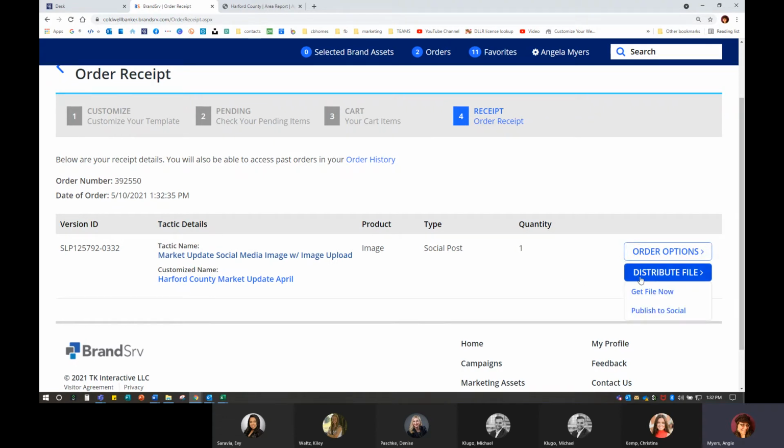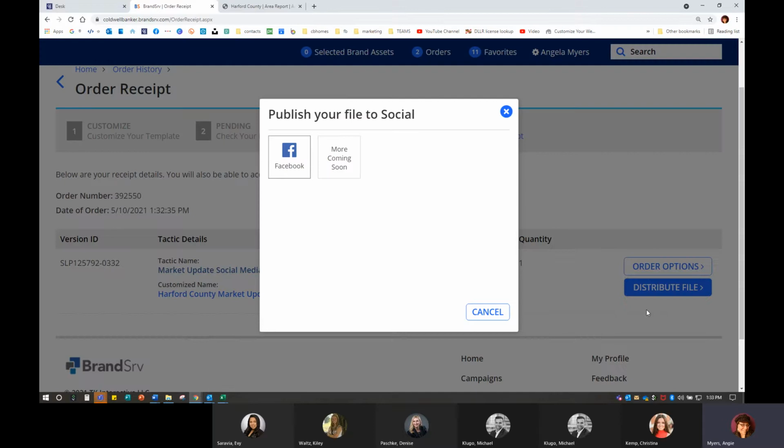So from here, I'm able to distribute the file two different ways. I can either get the file now, save it to my computer, post it to Facebook, or schedule it to come out on Facebook, or I can publish directly to social media. If I want to publish directly to social media, it will come up. I've already connected my Facebook. It will ask you to connect your business Facebook account. You will need to know your